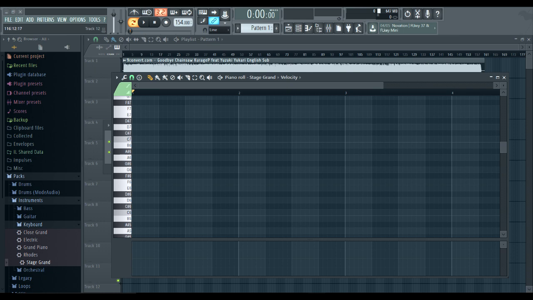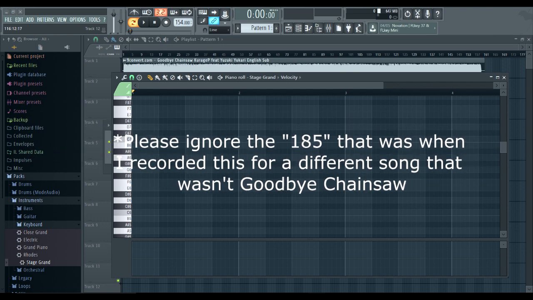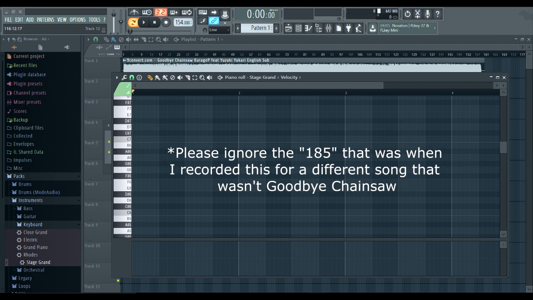So for this song's example, it ends around 185 on the timeline. So we're going to scroll all the way to 185 and put one random note there. To do this, you can make a note on the timeline and drag it, or you can do the method